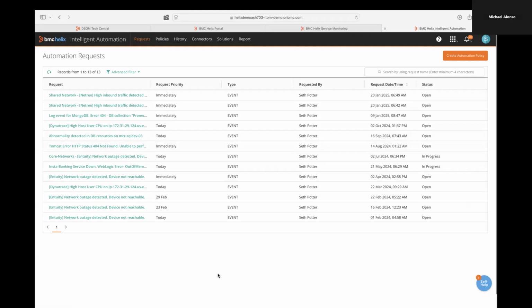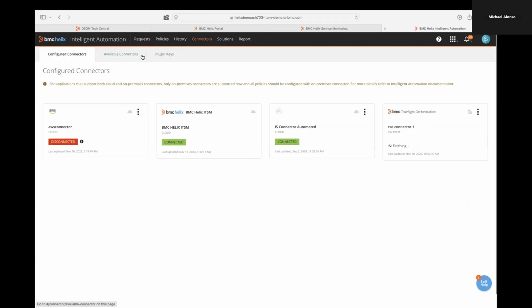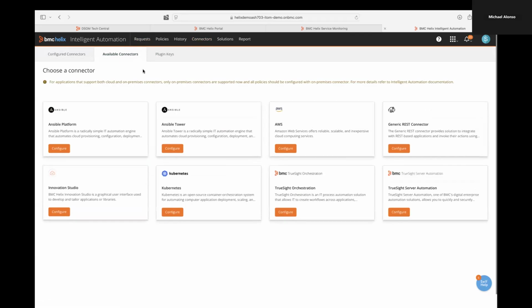We talked to you about open platform at the beginning. We talked to you about open platform of bringing in metric data, event data, modeling data. I'm talking to you about open platform again. We are not an automation tool. We are actually an automation broker. So what does that mean?